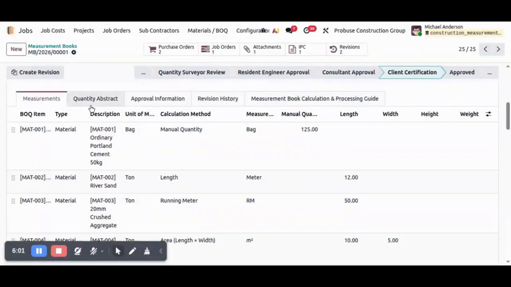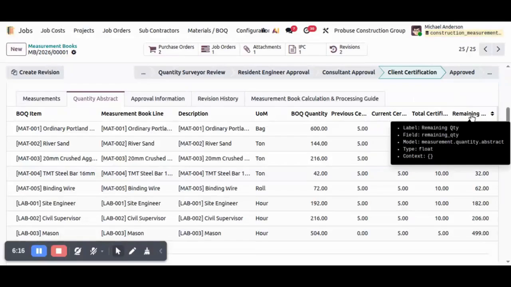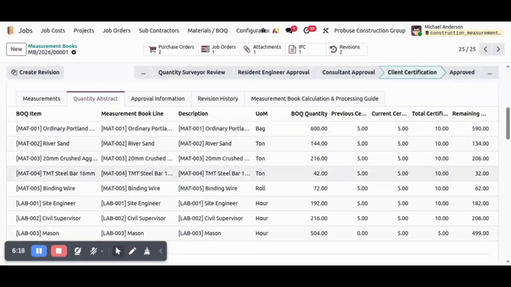Next, we can review the quantity abstract. The quantity abstract is automatically generated from all measurement lines. For every BOQ item, it displays the original BOQ quantity, previous certified quantity, current certified quantity, total certified quantity, remaining quantity, and overall progress percentage. Since this information is generated directly from the approved measurements, there is no need to prepare separate quantity summary sheets